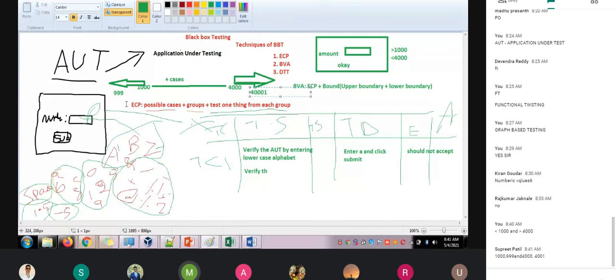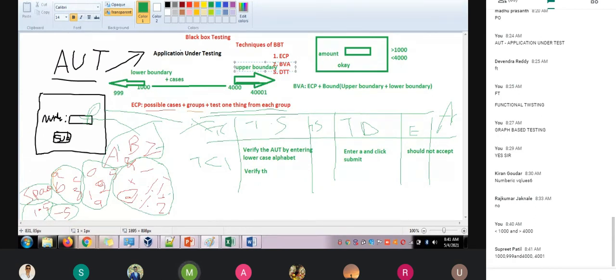So when you are trying to keep this boundary and you are writing the test scenario, again it tells the boundary value analysis. When you are writing the boundary value, must and should, this is the lower boundary, and this is the upper boundary. So you need to consider here lower boundary and upper boundary. So that will be given as a boundary value analysis.